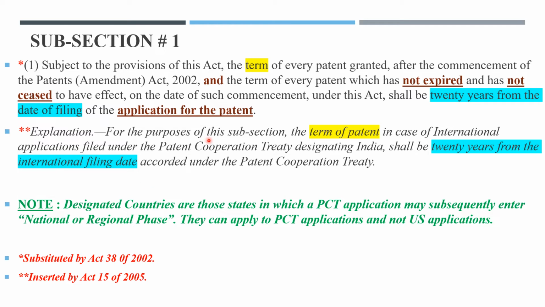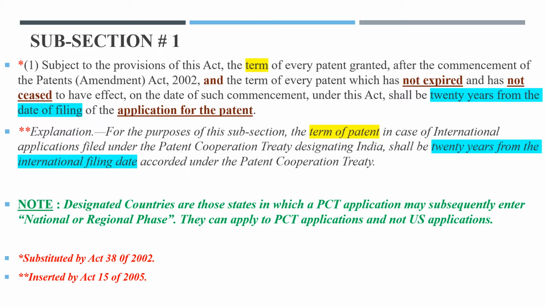Fine. And if we go for this explanation, that means for the international filings, for the purposes of this subsection, the term of patent in case of international applications filed under the Patent Cooperation Treaty or PCT designating India